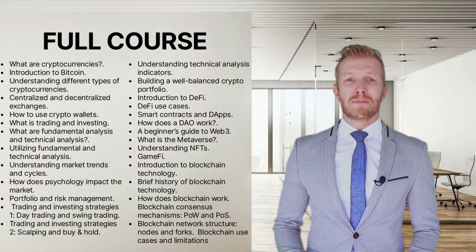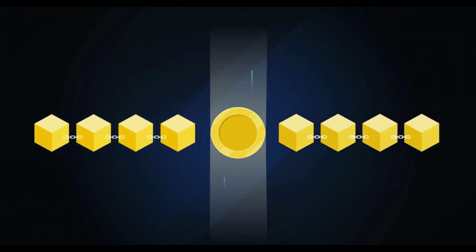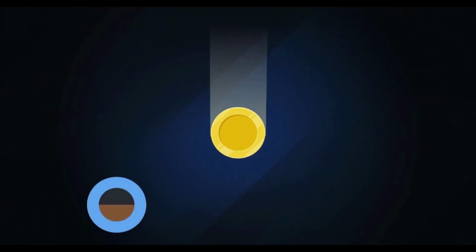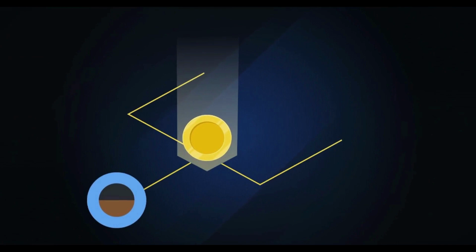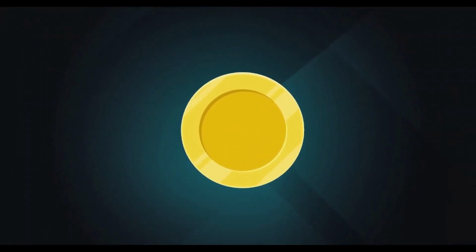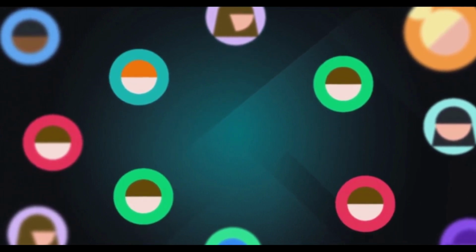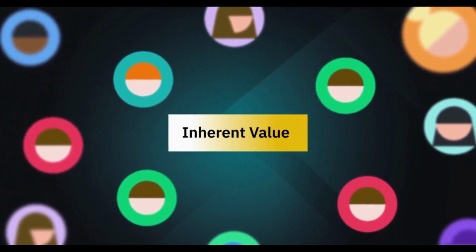Let's start. A cryptocurrency is a type of digital currency that is maintained by a decentralized blockchain. Currencies are a part of the monetary system, and money is a system of transferring value between parties, especially for the purpose of trade. But what exactly is value? Value is a shared belief. If you think about it, there's no such thing as inherent value.